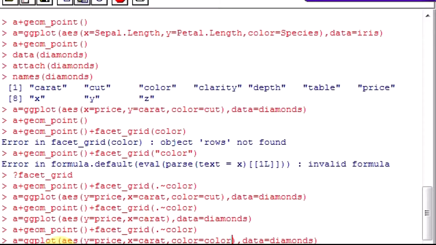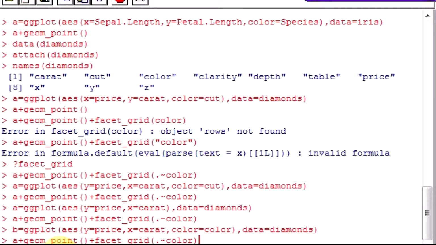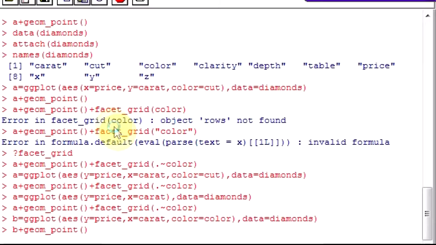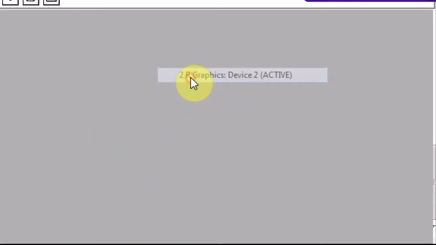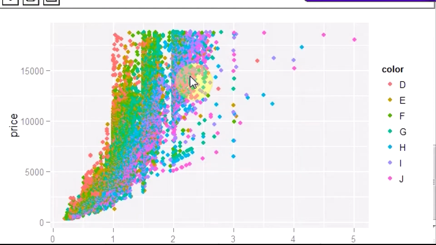Color, and now there are two representations of the same thing, you know.